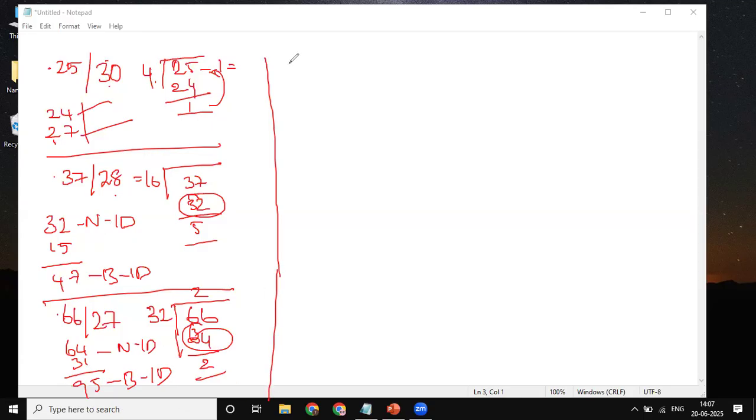And then 17/29. So 3 bits are there for host, so the block size is 8. 17 divided by 8, so 16 is the network ID, plus 7 I have to add. 23 will become the broadcast ID. Okay. And then